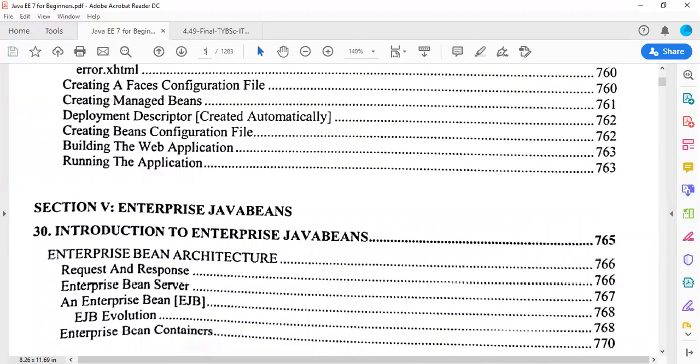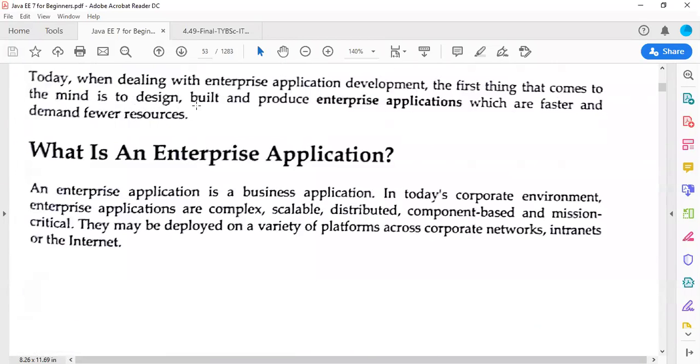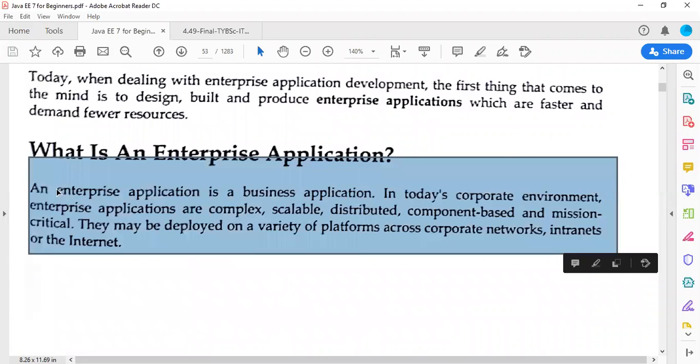What is Java EE? An enterprise application is a business application in today's corporate environment. Enterprise applications are complex, scalable, distributed, component based, and mission critical. You can develop a corporate or business based application with complexity and scalability, and it will be distributed across platforms.